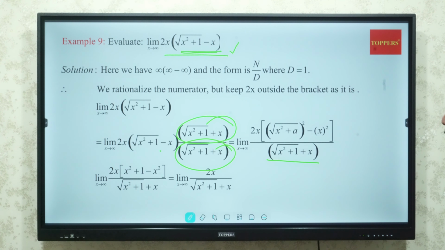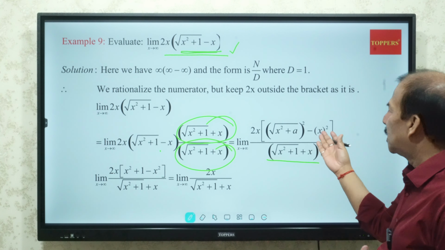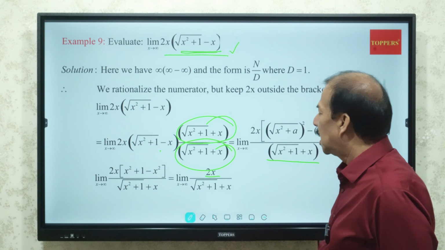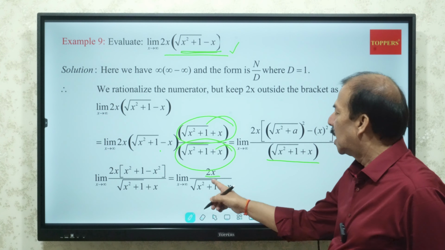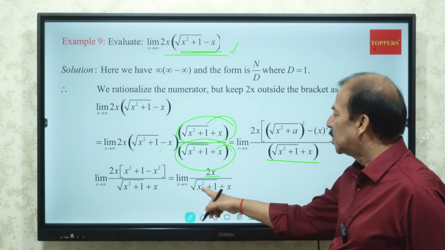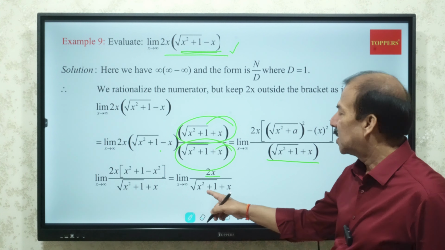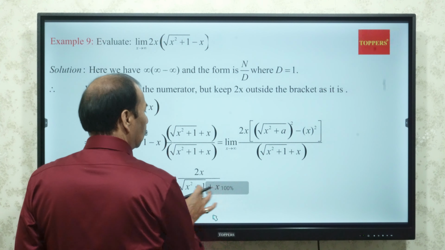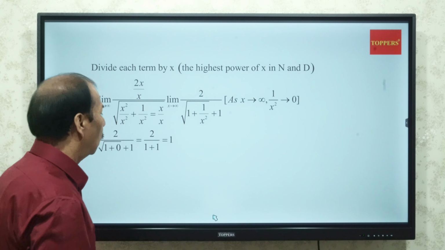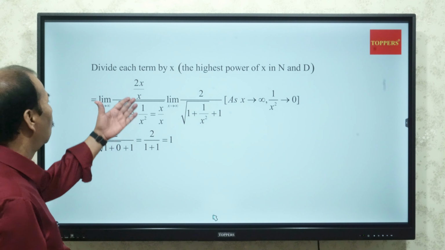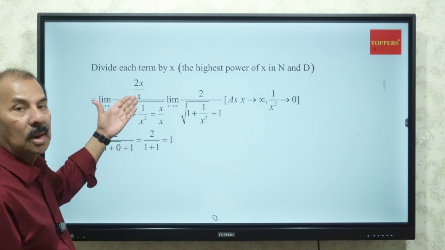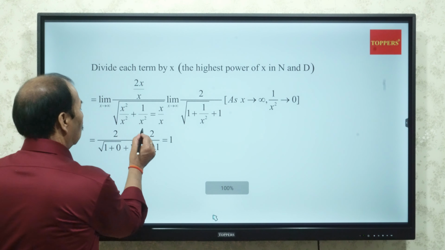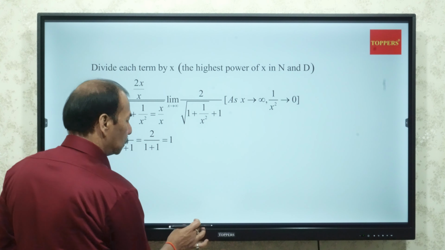Again the highest order we will search out after simplifying. So here in the numerator you are seeing 2x, in the denominator we have square root of x square plus 1 plus x. So here also the highest power is x. So again we will divide this. So if you divide again, you will get 2x upon x in the numerator, again in the denominator x square upon x square here, because again